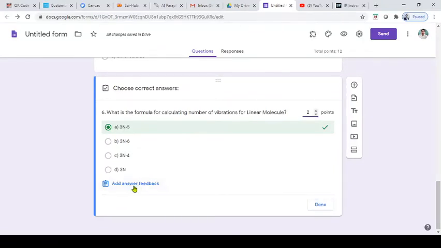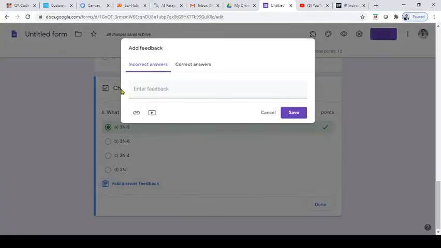And you can even give the answer feedback. If I click this answer feedback, I can give the correct answer and the feedback like this. 3N minus 5 is the number of degrees of freedom, you know that, because for a linear molecule I am giving this,